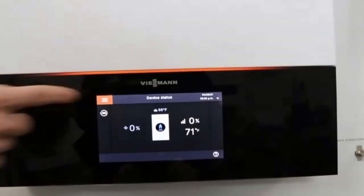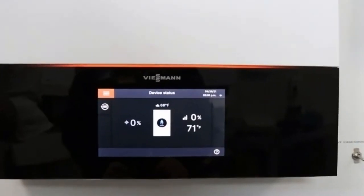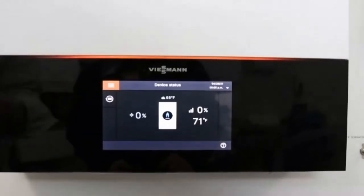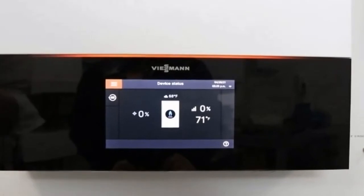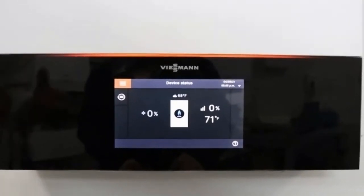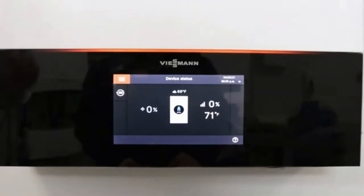So we have our menu button, of course, we have the boiler, we have our outdoor air temperature above the boiler. To the left, we have our target percentage. To the right on the top, we have our current modulation percentage. And below that is our boiler temperature. Of course, it's reading our indoor temperature because it is not filled with water, and we're just reading the ambient